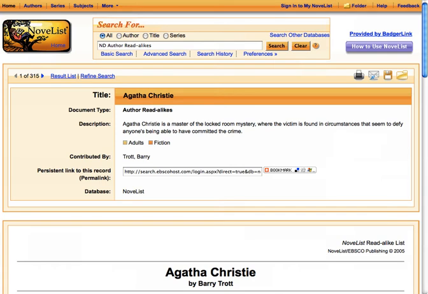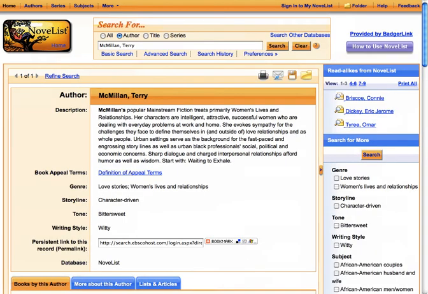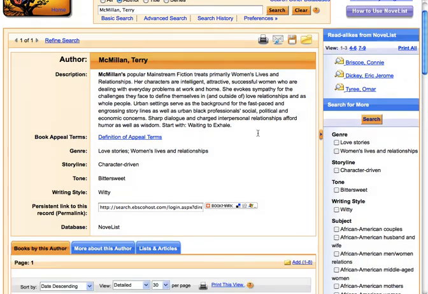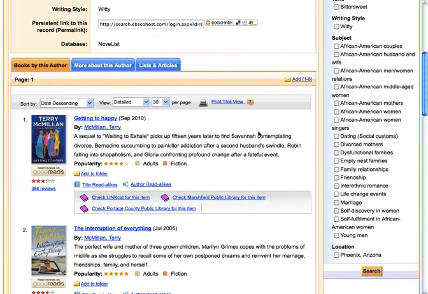Perhaps you have an author in mind that you'd like to search for. If you just finished Waiting to Exhale and want to find more books like it, you can search by author for Terry McMillan in the search bar at the top of the screen. This takes us to a page that gives us a short description of Terry McMillan's work and displays a list